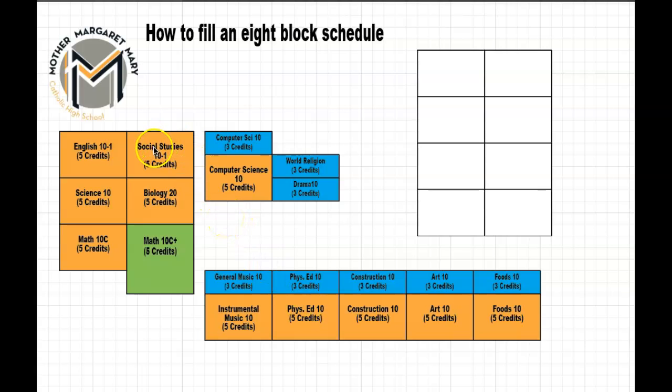Each 5-credit class makes up one block, or will fill one block, and each 3-credit class will fill half a block. Students coming into grade 10 need to fill 8 blocks to have their timetable filled. So again, we're just using examples here. But a student would be taking